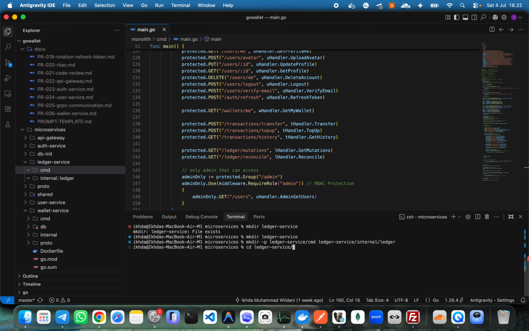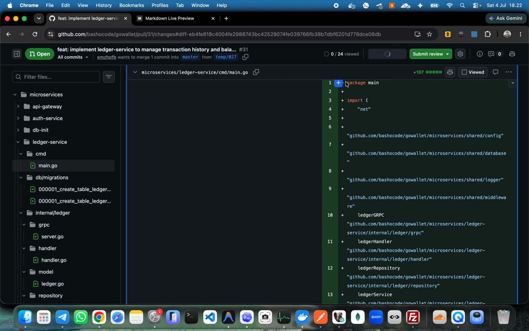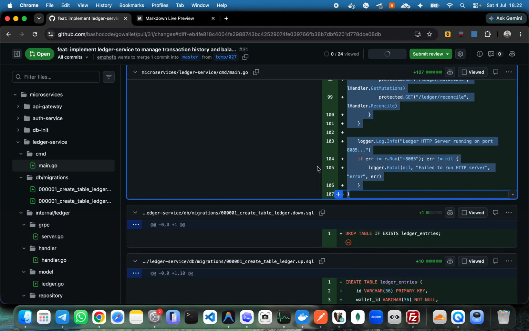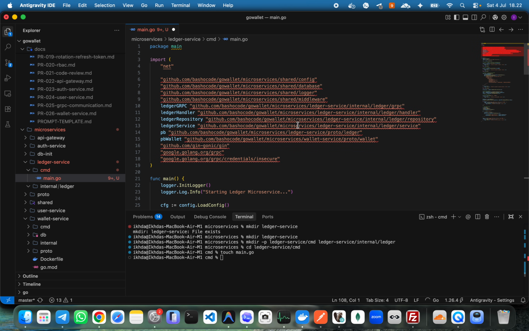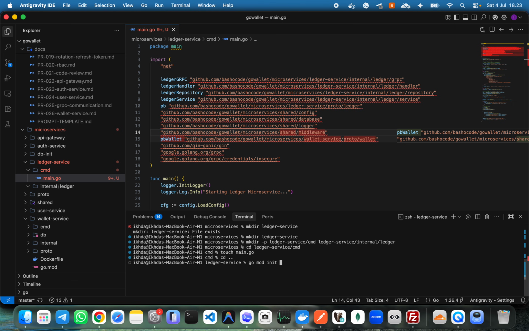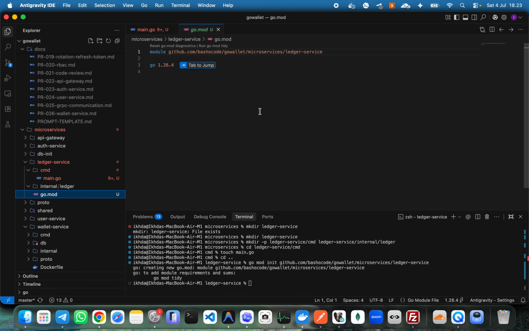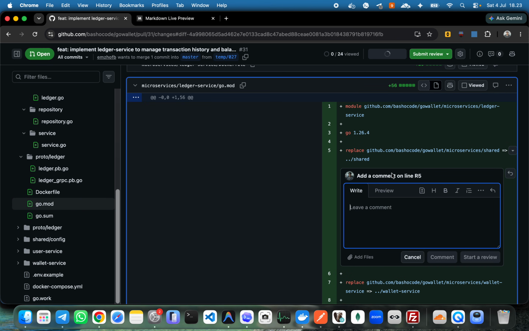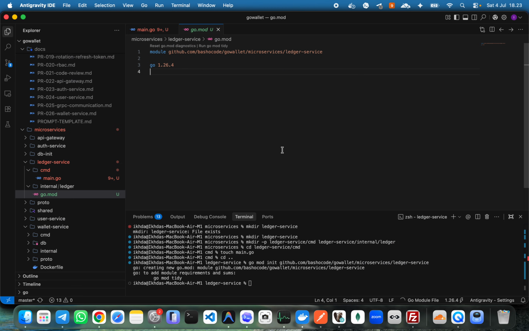So cd ledger service and cmd, I want to touch main.go. So now I have a main.go, and then I want to copy here, which is inside here. It should have an error, of course. I want to save this one first, but I run go mod init github.com/shockout/go-wallet-microservices/ledger-service. Okay, and then I have the go.mod now, and I want to add this one, replace shared, and then wallet service. I copy here, and then